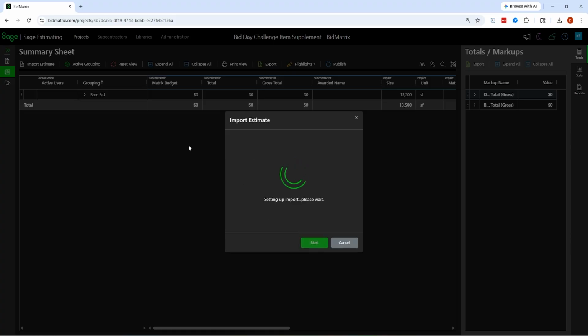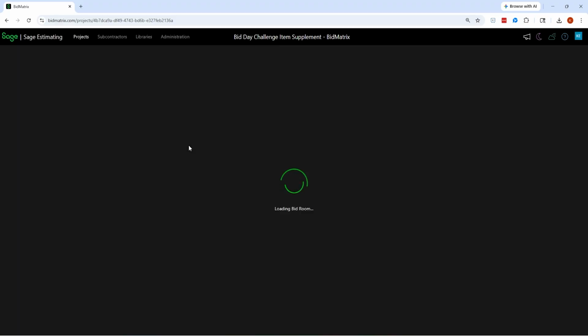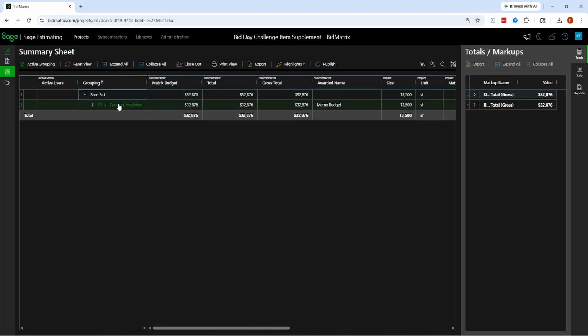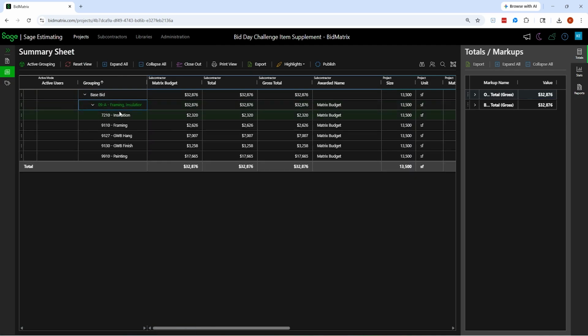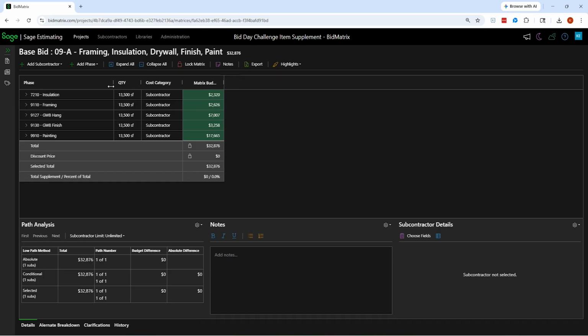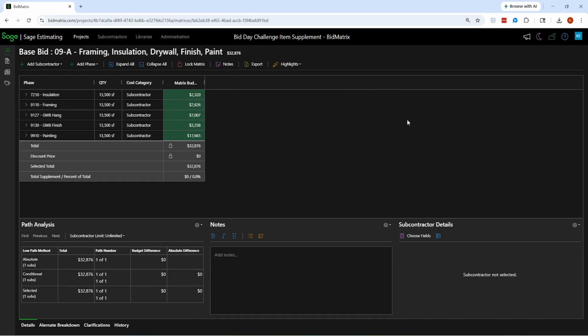So this is going to go ahead and bring over all the detail lines and so forth into this particular bid. So in this case here, I'll see my base bid. I'll see I've got a bid package set up. I've got the same things set up. And this time, where I started the one manually on the first, just the math challenge, this one's already got budgets in here because it brought that over from my estimating. So if I go ahead and go back to my bid metrics, we put in bids and started comparing bids and things like that. And all that's going to stay the same.